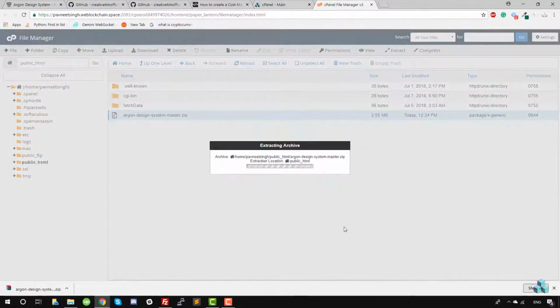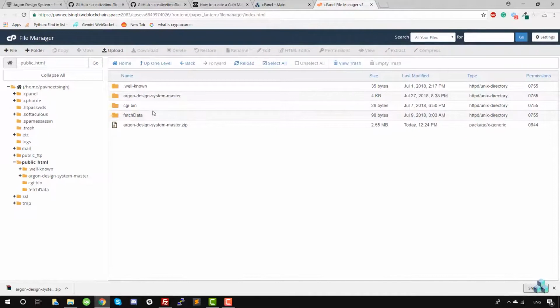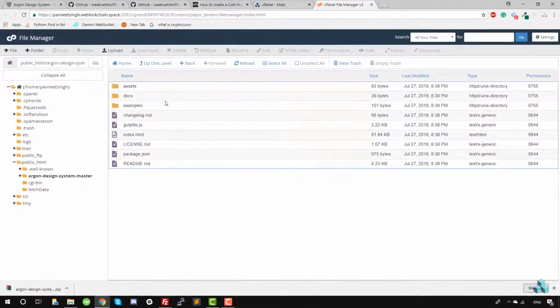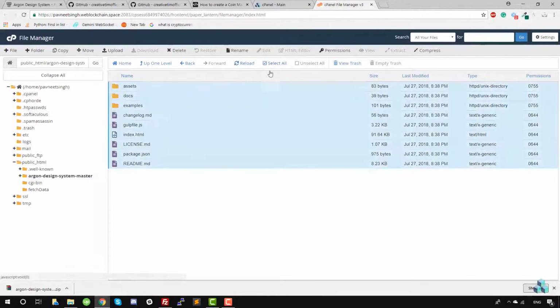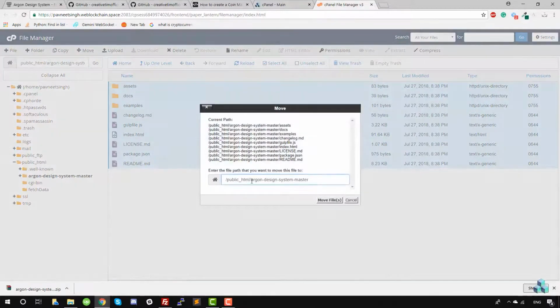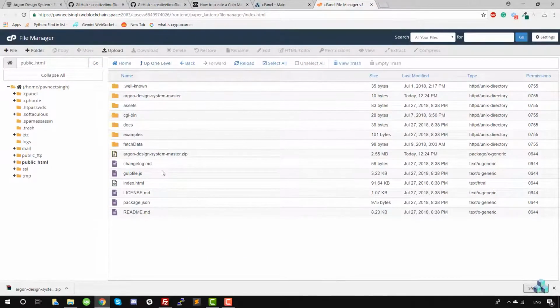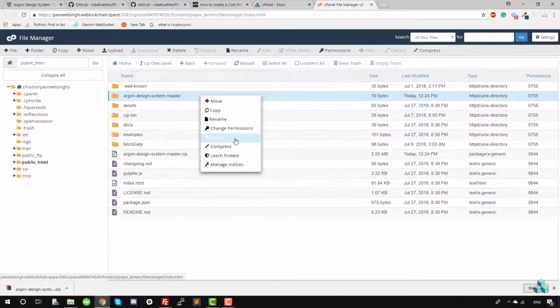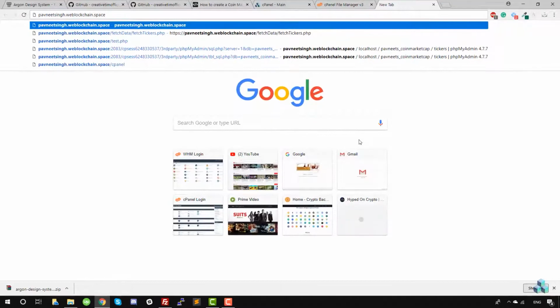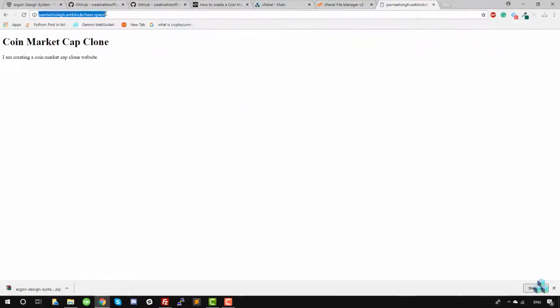Once that's done, we've got it inside the folder of the Argon design system. What we'll do is select all and move it to the root directory. Let's leave public HTML over there and move it. We go up one level. Now we've got all the assets and the data which is required. Let's delete the Argon design system folder and see if we've got the layout. We go to public.vblockchain.space. Oh, I think we've got to do https://